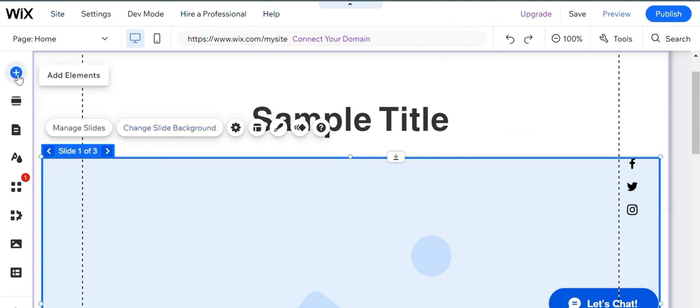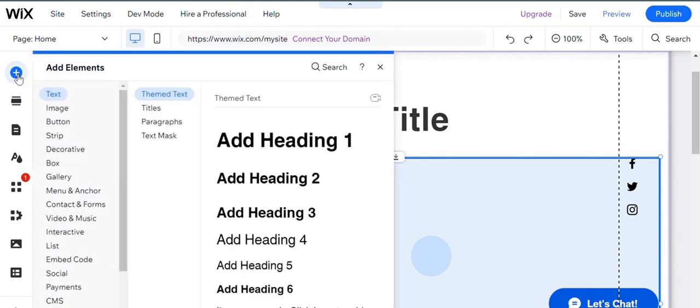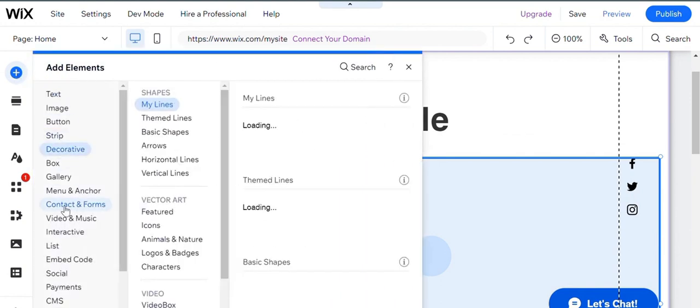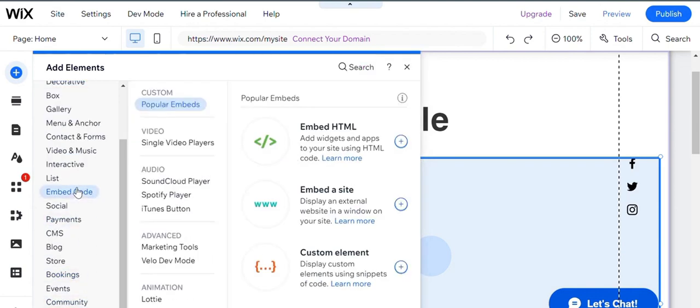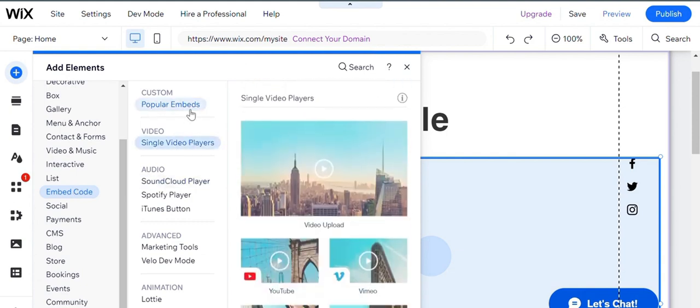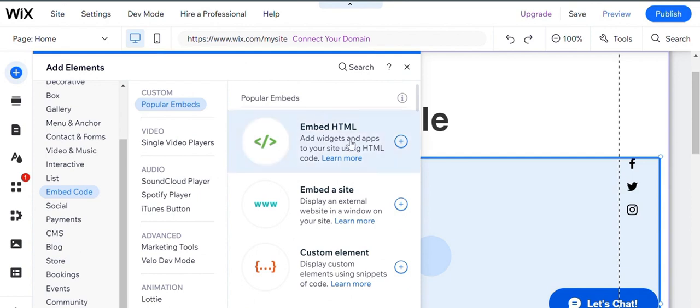And now to start adding a custom CSS, kindly click this Add Elements button on the left side panel. And below the elements, it will show you a text, image, button, but just proceed by clicking the Embed Code option right here. And it will show you custom popular embeds that you could also navigate, such as embed HTML, embed site, and custom element, in which these are the ways that you could also add a custom CSS